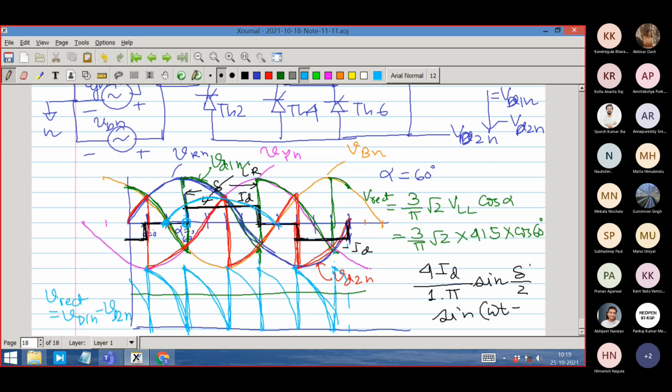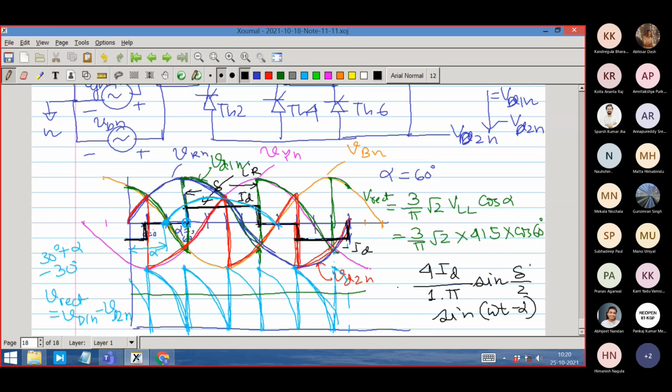Don't take it as the specific value of 60 degree with respect to which I have drawn for clarity. The general angle is 30 degree plus alpha. Then another shift of minus 30 degree. So where is its 0 located? It is located at alpha. So this waveform will be written as sine omega t minus alpha.